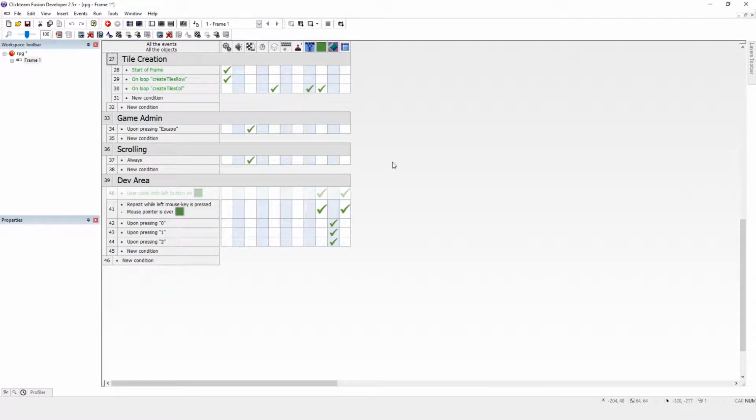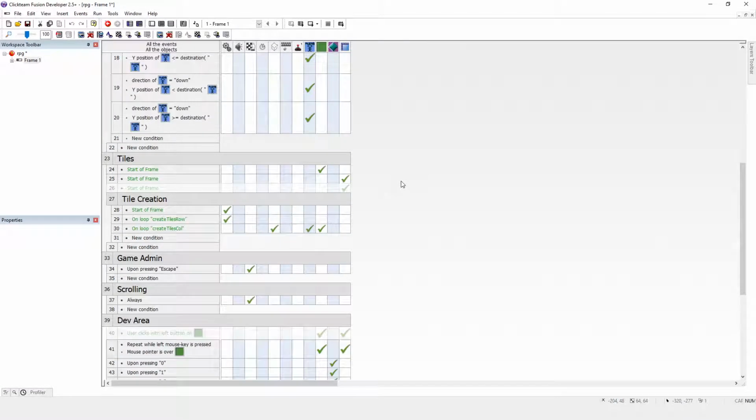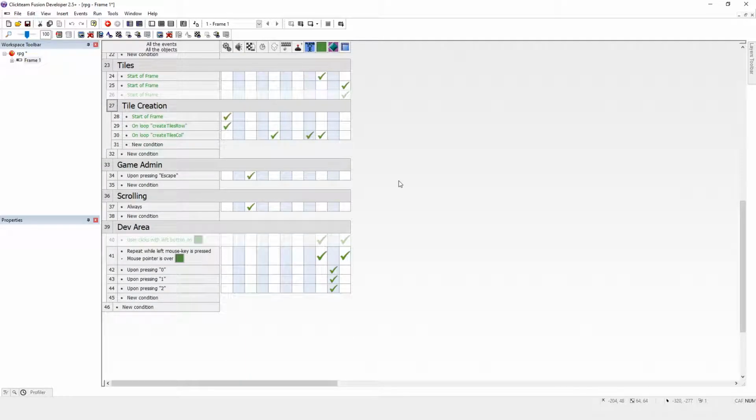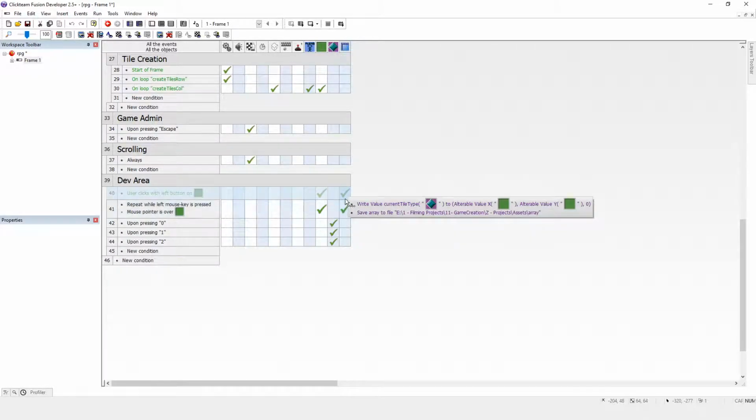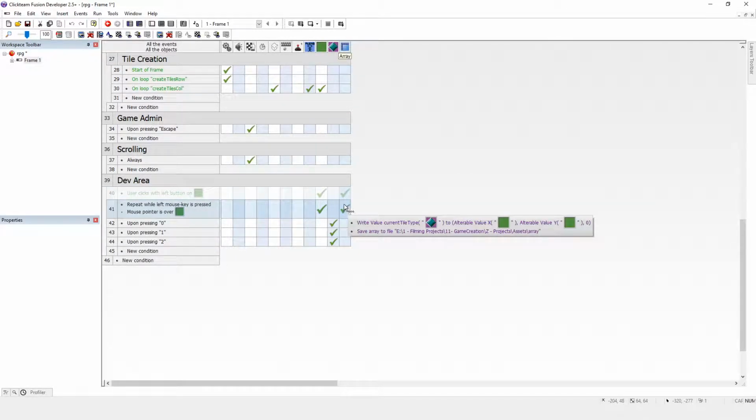So let's go to Event Editor. Now the problem with this array is that it sets all the data when you affect the tile, when you click on it. So we will have to go around clicking on these things again, which I don't mind doing because we haven't spent too long on it. And what we want to do is have a look here where we've created it, and we want to have a new thing. Instead of current tile type, we want